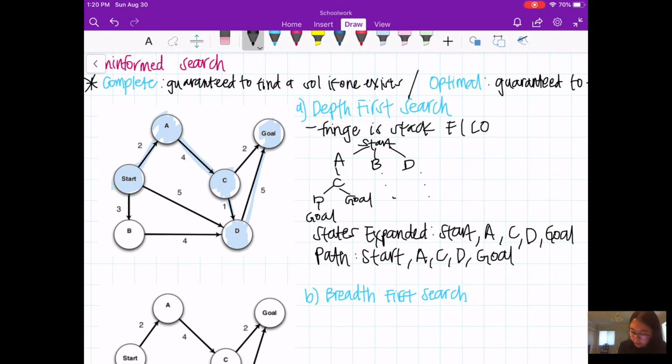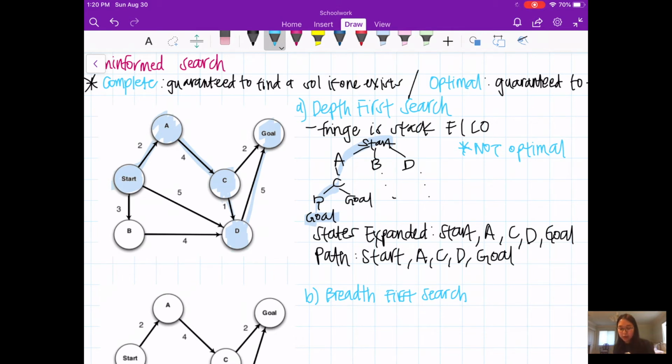You can fill in the rest of the tree as well. In general, the path we got is this left prefix of the tree. That is a trait of depth first search. Because of that, it doesn't necessarily find the most optimal path, because it always goes with the first path that is found, which is the leftmost path. So we can note that depth first search is not optimal.